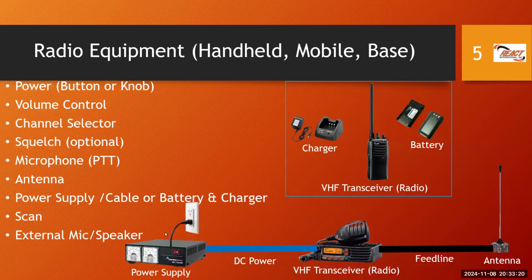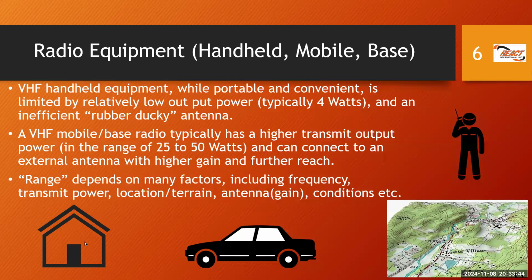Of course, when we're all starting out, we start with something. Nothing is wrong with a power supply, right? But we should be aiming to have that flexibility to power in the event of a loss of AC power from the line. In Trinidad and Tobago, of course, T&TEC, right? We may have an outage, and in a disaster situation, poles may go down, and it may be a while before we get power. So maybe we want to have that flexibility. So that's the difference between mobile and base station. But the handheld equipment, usually it's self-explanatory, handheld, right? The battery is contained within the unit, usually replaceable, and the antenna all-in-one, right?